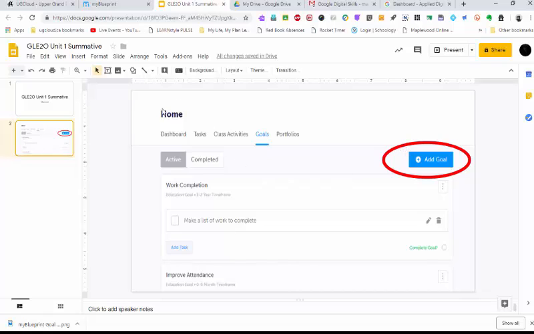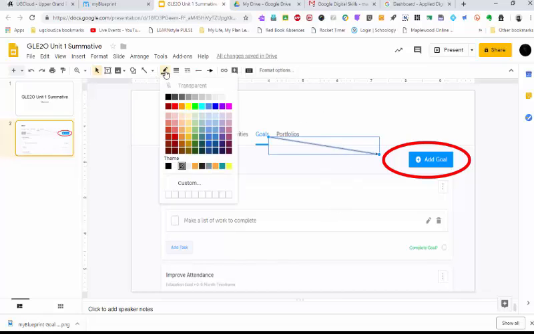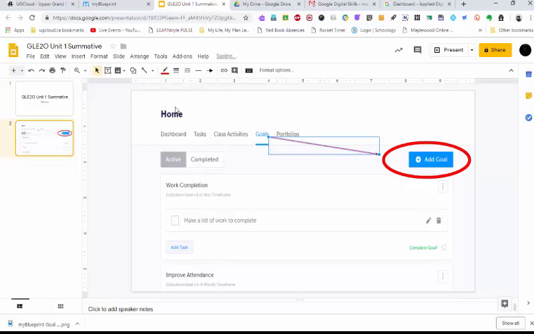Good. The next thing I'd like to do is put a line or an arrow to draw the reader's attention over there. So I pick arrow, and I'm going to draw the arrow from where it says goals all the way over to my add goal box here. And again, if you click on this, you can change the line color. I'm going to make that red just like the other one, and I'm going to change it to the same weight